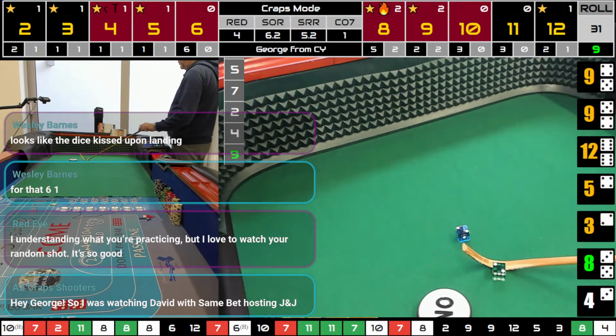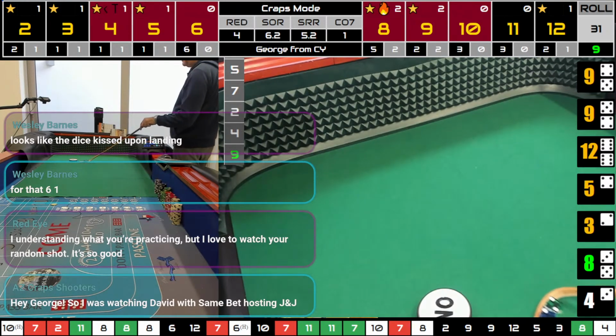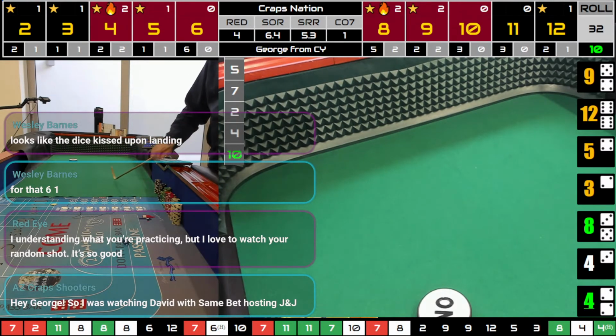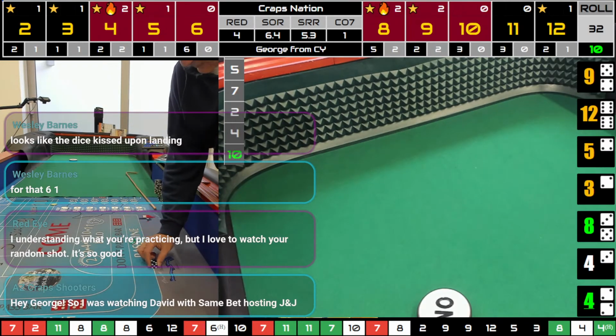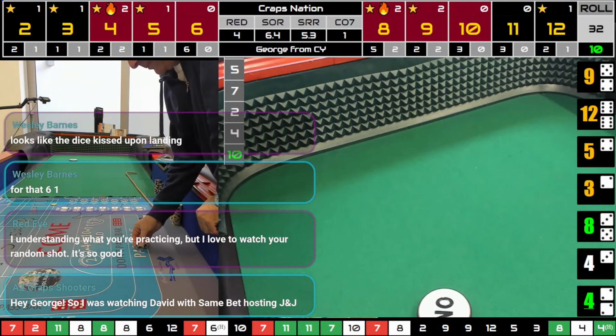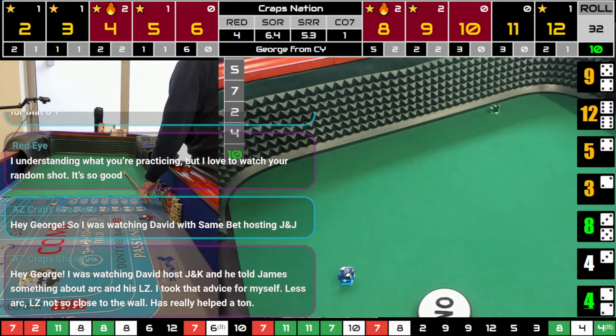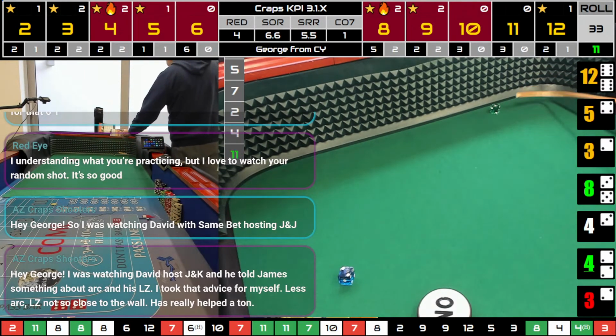This one is off axis for the y-axis. Nice. There you go. 2, 1, 3. That's on axis. As long as they start drifting,